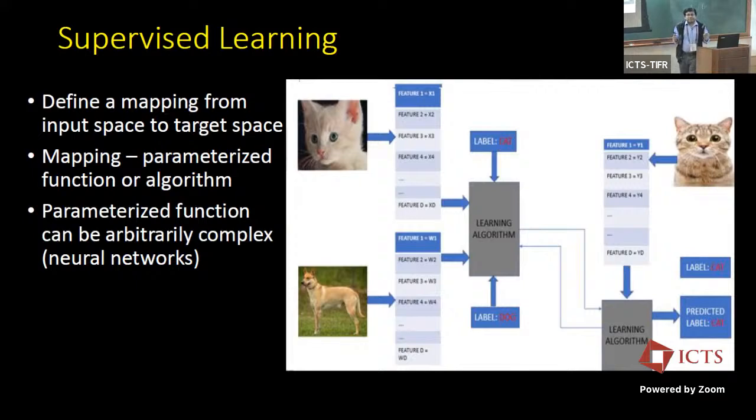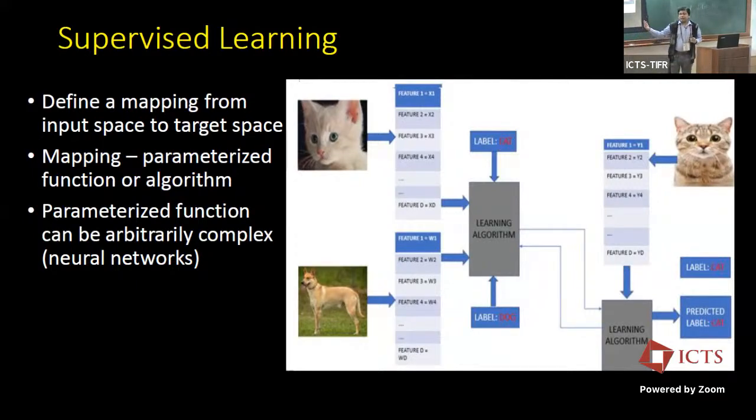When I say input space, in the specific problem I mentioned, the input space is basically images of cats and dogs. We also need to be more specific. That is, what's the size of the image? Is it a 600 cross 400 image, or a 1000 cross 1000 image, or a 20 cross 20 image? The resolution of that image also has to be fixed beforehand. Are we talking about color images, that is RGB images, or grayscale images? These kinds of things need to be fixed beforehand. That is how you define the input space.